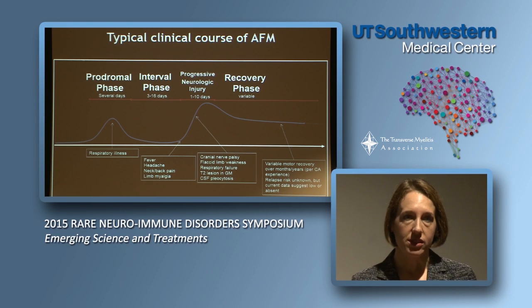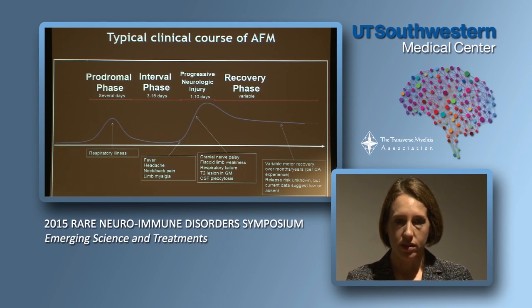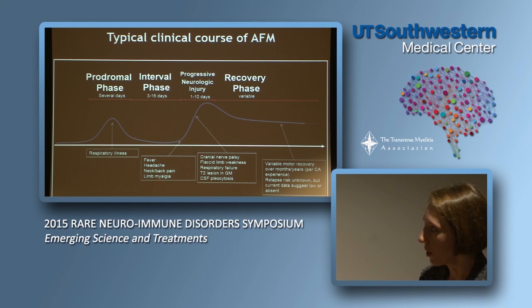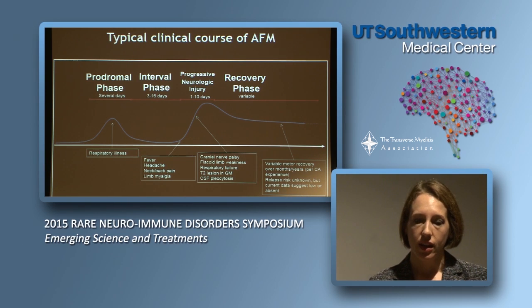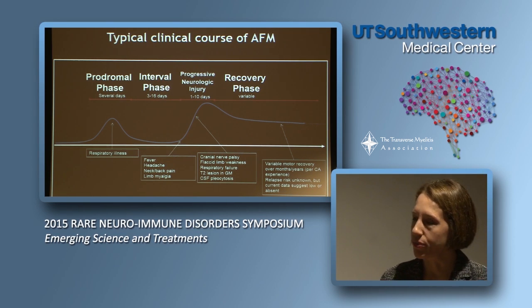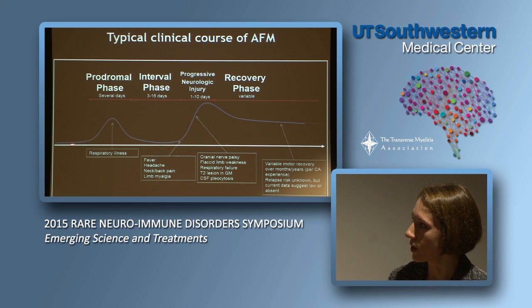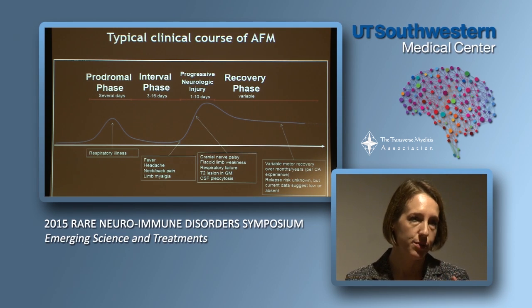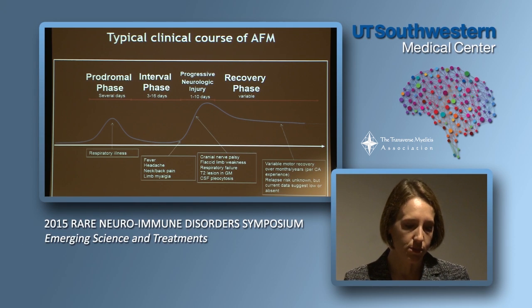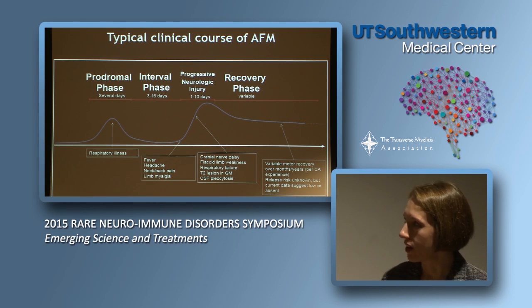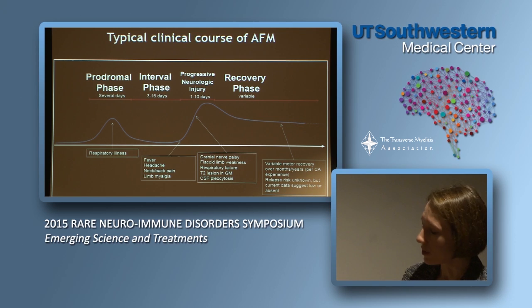So how have our patients done? We're now a year out from this outbreak in Colorado, or really throughout the country, of last year. And what we've identified is that the course of acute flaccid myelitis looks something like this. We have a prodromal phase, which is when the patients got sick. They had typical symptoms of an upper respiratory infection: cough, fever, runny nose. Then they got a little bit better. Their fever went away, their symptoms abated, and then the neurologic weakness began 1 to 10 days later, and now we're out here in the recovery phase.